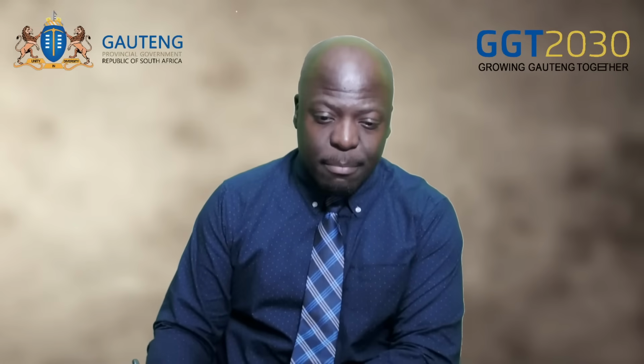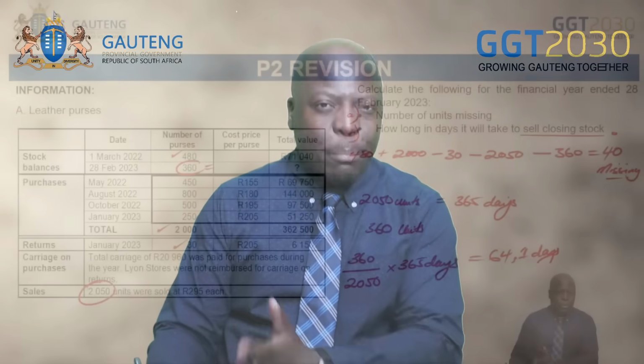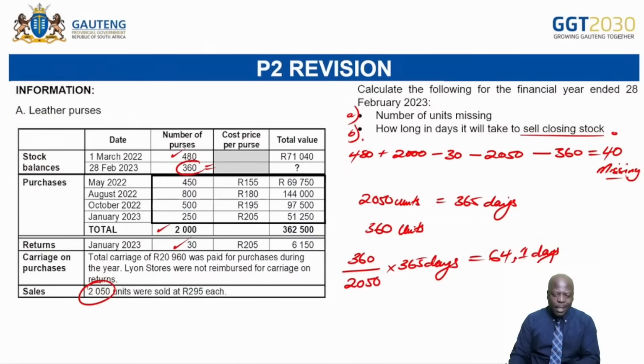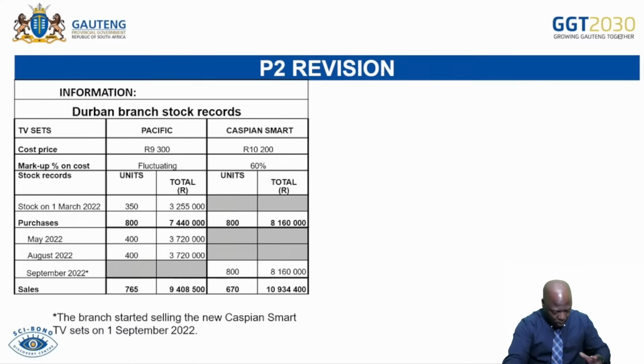Welcome back, dear learners. Before the ad break, remember I promised to calculate the number of units missing and how long in days it would take to sell the closing stock. We have done the average. So it is very important to know that there are certain financial indicators that you can still calculate when you're doing your inventory valuation. So here we're going to do the specific identification,